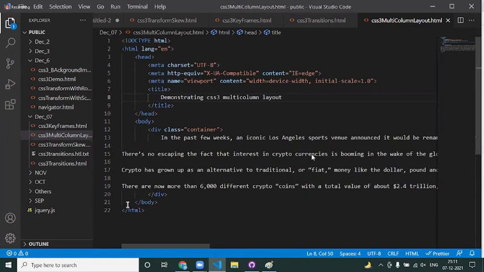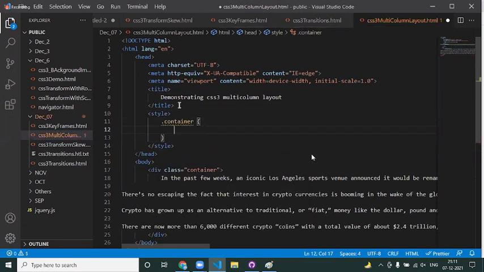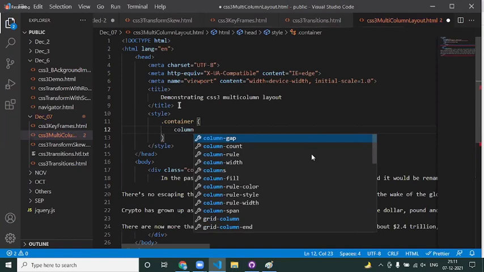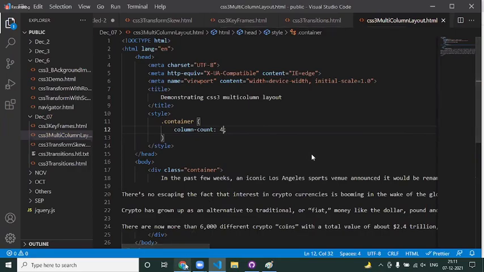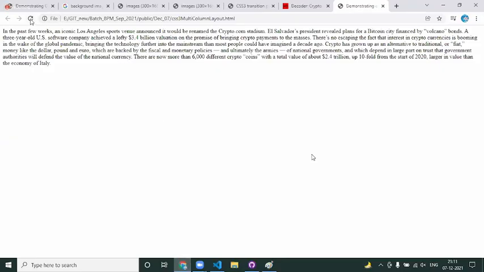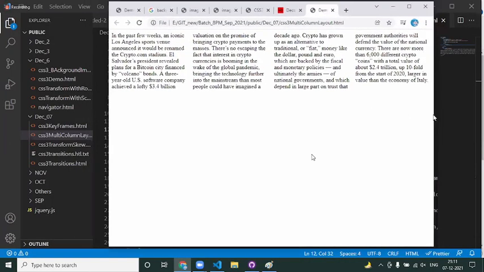The very first thing is you can take this container and specify a style for it. You can specify directly how many columns you want to render the content in. When I say column-count, I simply say 4. Now if you come back here, see the magic, reload the page, the content automatically got divided into 4 columns. And the other advantage is it is a responsive web page. Whenever I minimize this, automatically the content within the columns is getting adjusted.